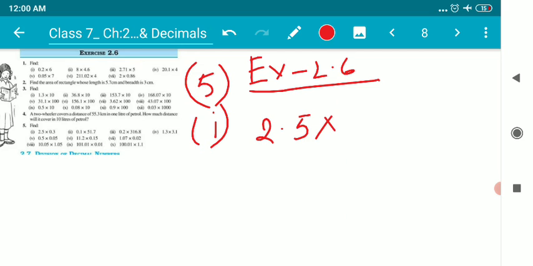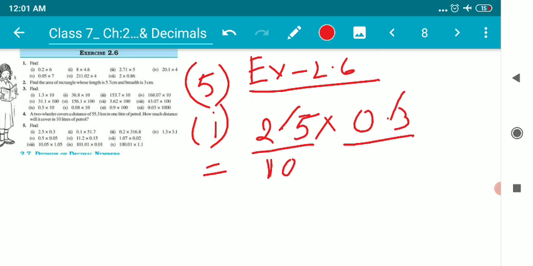2.5 into 0.3. Children, there are more than 4 or 5 processes to solve this question. I'm going to teach you the easiest process to multiply decimal values. What to do? Just remove the point. You are supposed to get 10: 1 for the point, and after the point there is only a single digit, so I'll get a single 0. Again, removing the point to get 1, and after the point there was only one digit, so I'm supposed to get 10.